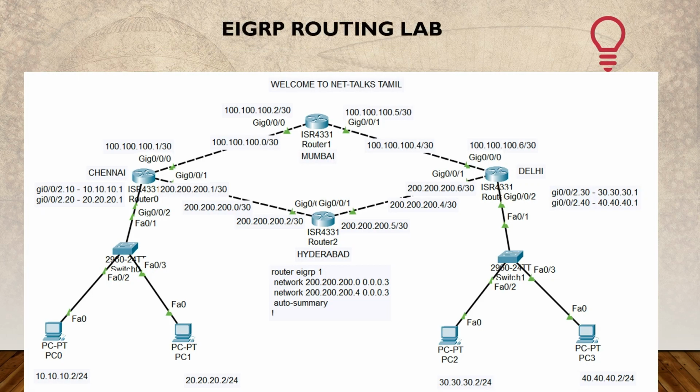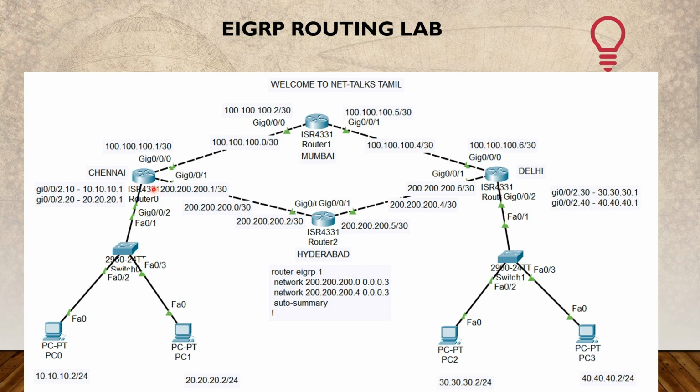Today we are going to discuss an EIGRP routing lab. It's a basic EIGRP routing lab which we are going to discuss today. Let us consider two locations, Chennai and Delhi. Chennai and Delhi are connected via Mumbai and Hyderabad. We have two paths. Now all these four routers we are going to enable with